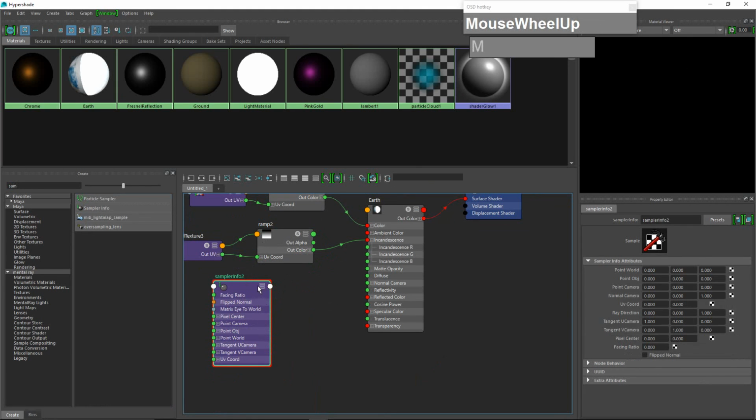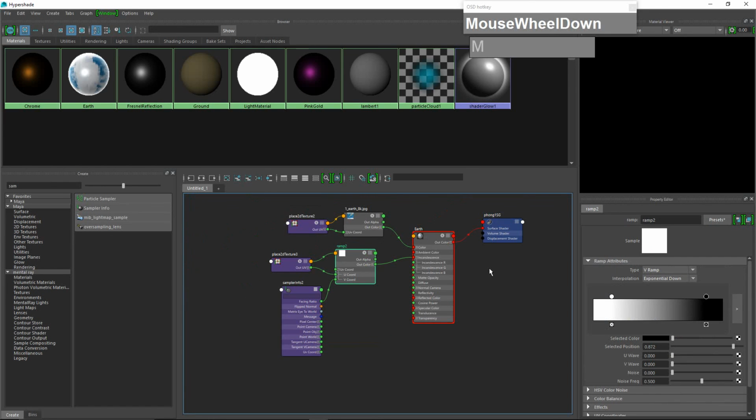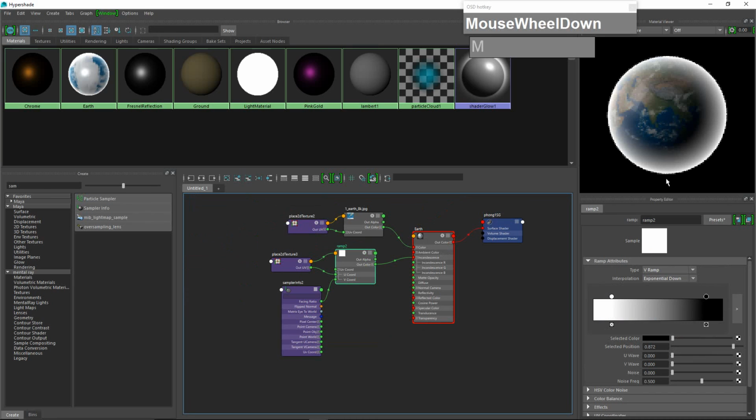Okay, I'm going to click on these three bars until all the facing ratio button is pointing this way. Open up the UV coordinates, click on the facing ratio and connect to the V coordinates. Okay, and go ahead and adjust the ramp so that we can control the exterior color edge here. So right now we just want a thin edge that is glowing. So I'm going to push the white color all the way to the end, and then perhaps the black, just going to push it closer so that